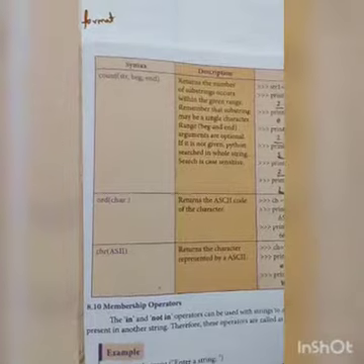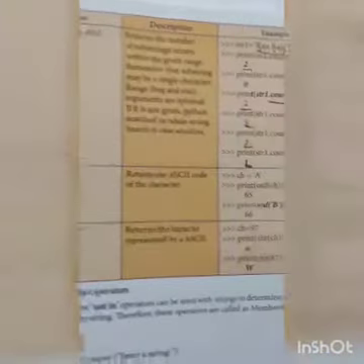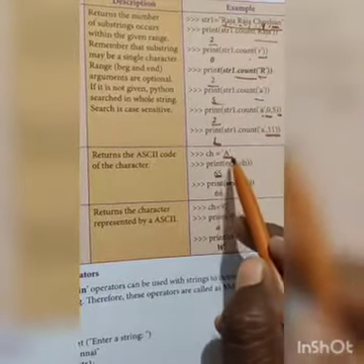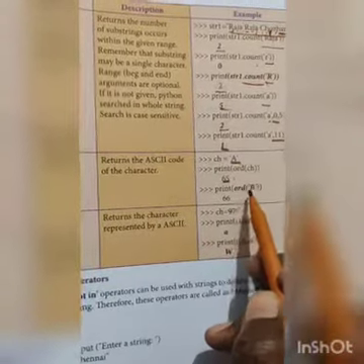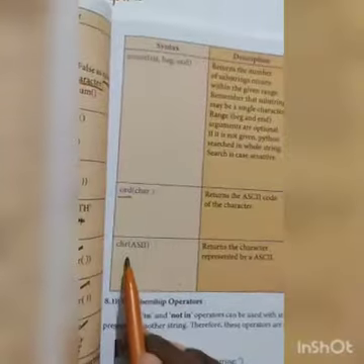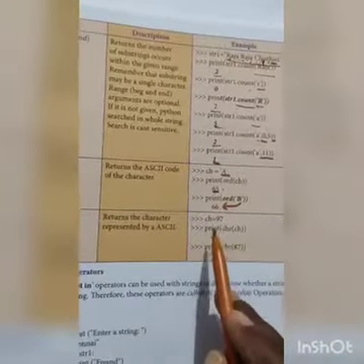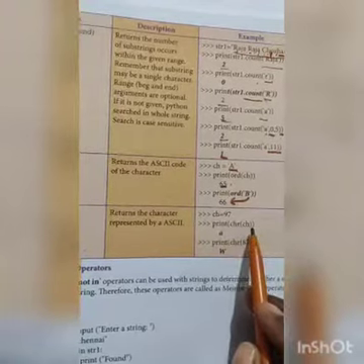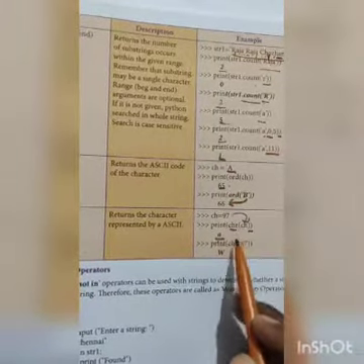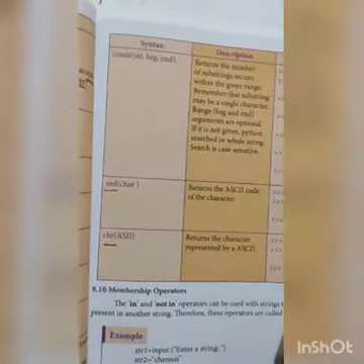Next is ord. We have already seen this function earlier. It returns the ASCII value. See how it gives the ASCII value: the ASCII value of capital A is 65. Print ord of ch gives the ASCII value of this character. In case of ord of b, it gives the numeric value. That is the only difference. Then chr gives the character for an ASCII value: chr of 97 is a. It converts the value to the character, and 87 gives W. So this is a string built-in function in Python.